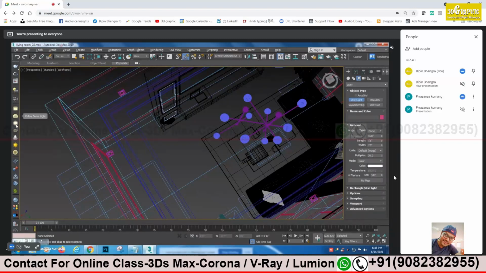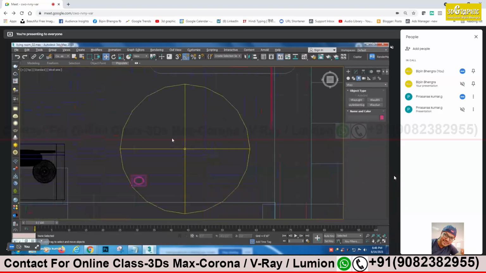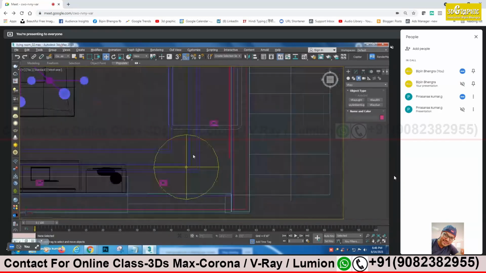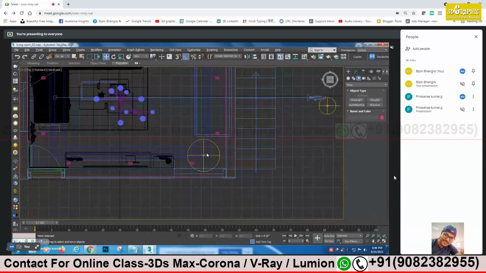So how to bring this, sir? Sphere light? Yes, take a sphere light. Should I drag or should I click? No, just click once and then go to the viewport and click and drag. Yes. Press W, move tool. Select that. It is selected. No, it's not getting. No, it's in the camera. Now adjust it.